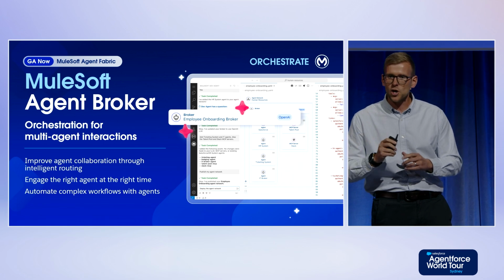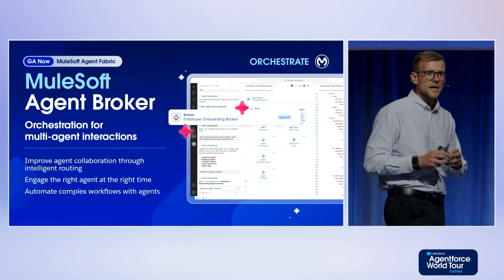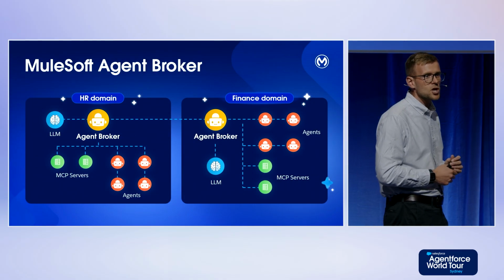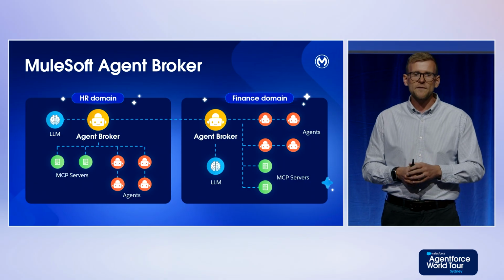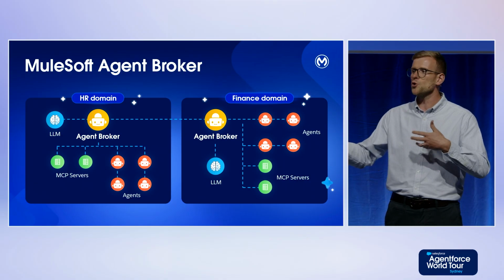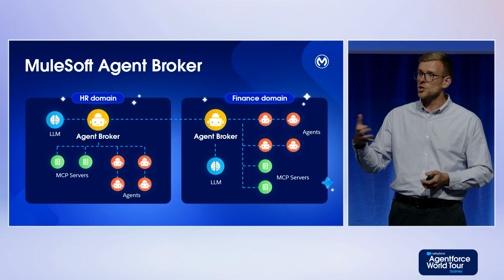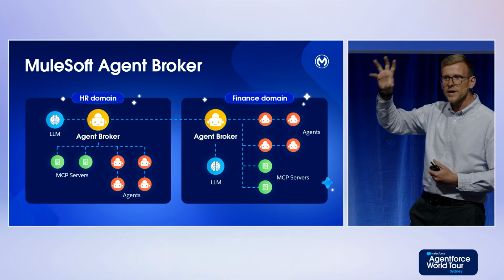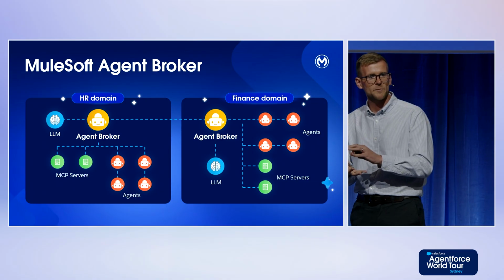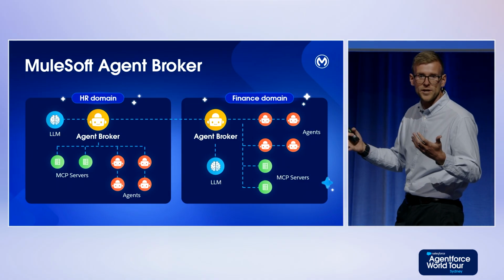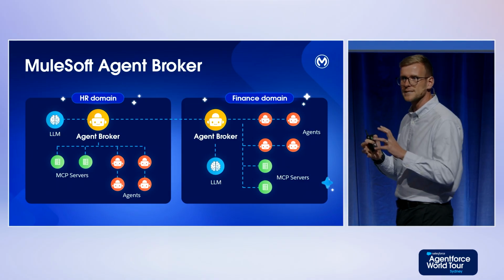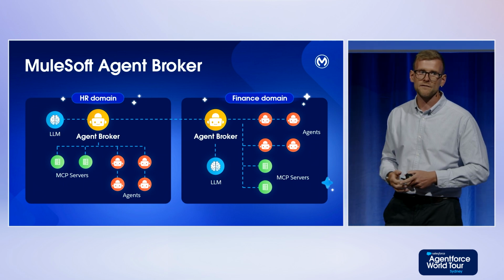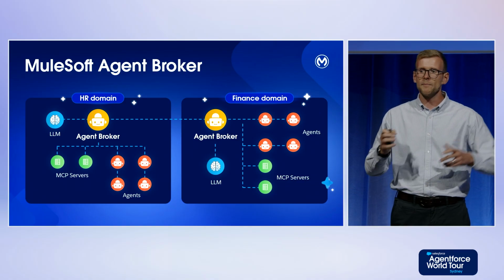Now, as we think about this concept of agent-to-agent orchestration, it really comes down a little bit to your architecture design. And so what we're seeing customers build out is this concept of domain-driven agents. If you look at the research, what you'll see is if you give an agent too many tasks, usually more than 8, it might start to hallucinate or degrade its capability. So actually what we believe is going to happen is you're going to start breaking down agents' tasks into subdomains, and then what you'll ultimately do is have an orchestrator, what we call a broker, route the tasks to the right agent. And obviously as we get more advanced, that will then become cross-domain. So how do you have an agent that is able to orchestrate across multiple domains?